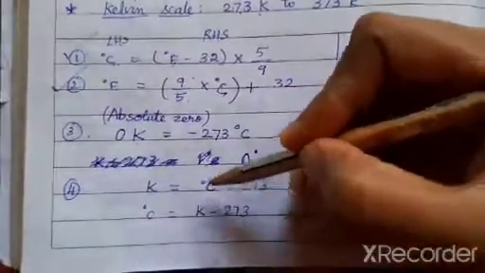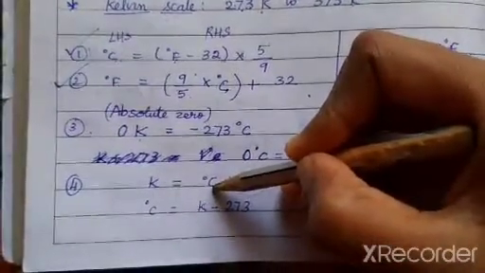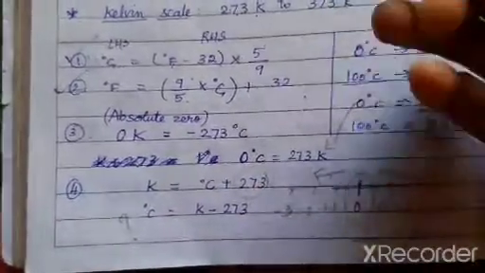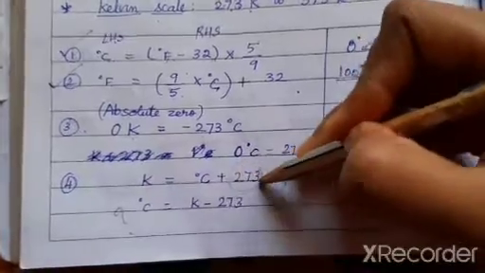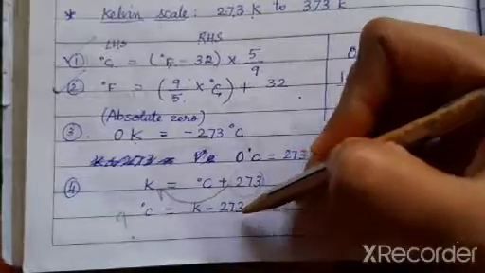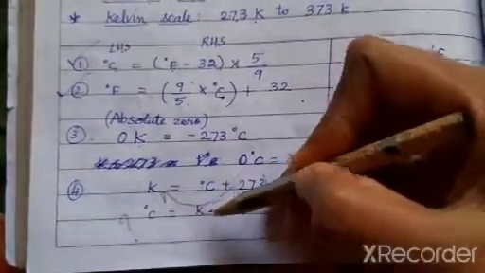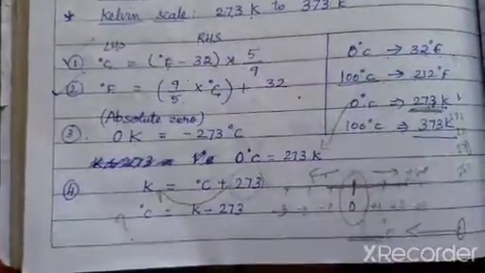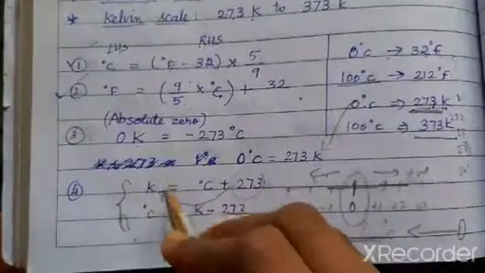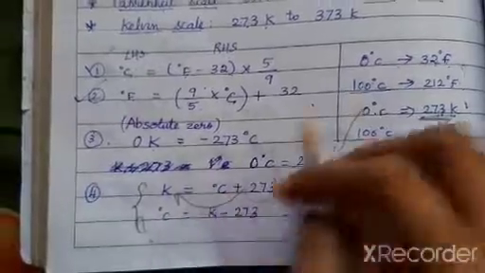Understand? Okay. Now I am going to rearrange this formula and write for Celsius scale. If the unknown is in Celsius, the given is in Kelvin. How will I rearrange the formula? Plus 273 will go to this side and become minus 273. So the formula is degree Celsius is equal to K minus 273. Okay. This is the formula to calculate a temperature from Kelvin to Celsius or Celsius to Kelvin.